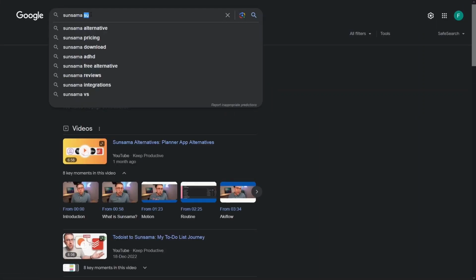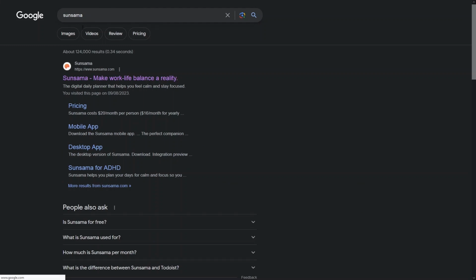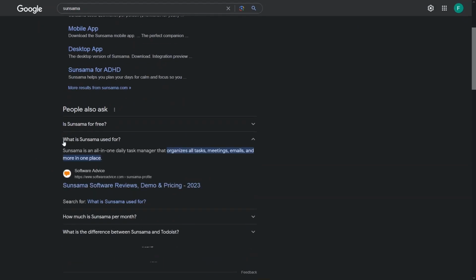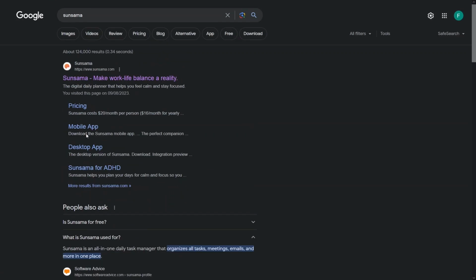Okay, so I have to remove this, and you will be able to see sansami.com at the top of the search. Okay, so what is Sansami used for? Sansami is actually an all-in-one daily task manager that organizes all your tasks, meetings, emails and more in one place. Now let's go inside the Sansami website